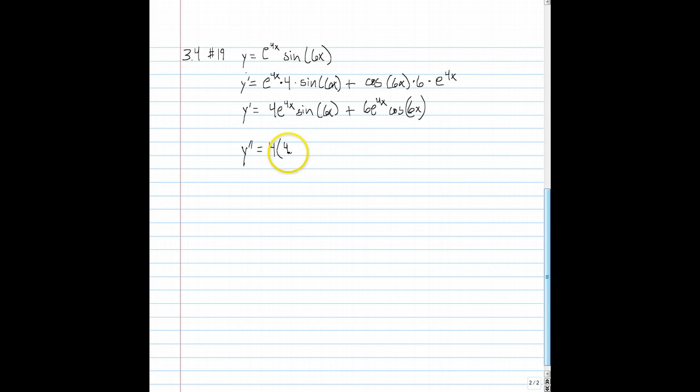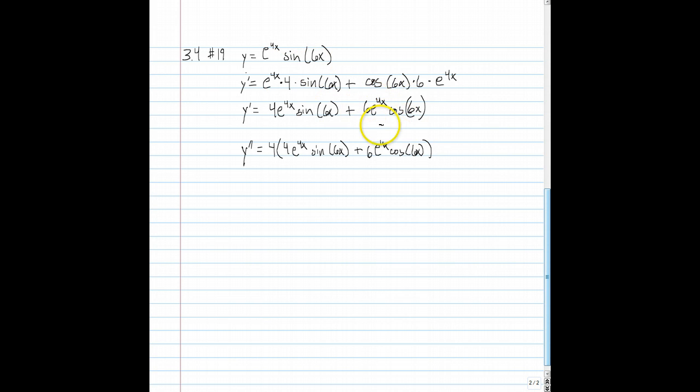So that'd be 4e to the 4x sine 6x plus 6e to the 4x cosine 6x